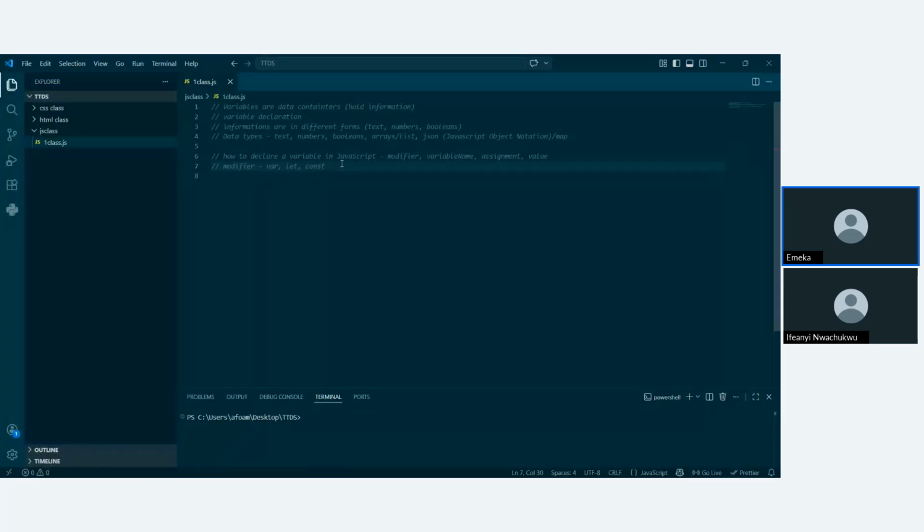Now, what are the features? What are the features of let? What are the advantages of let and the disadvantages of let? I'm going to give you the pros and cons of everything. Okay, so for the let,